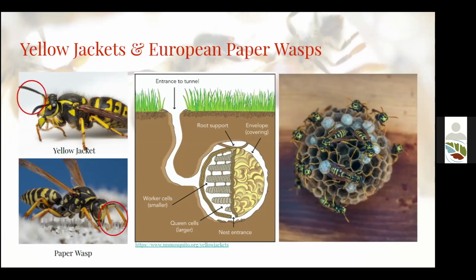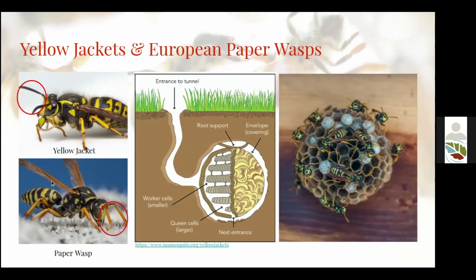If you were to use an opaque bowl or something that didn't have light come through it, they would dig another tunnel out and use that as their entrance. Apparently they're not smart enough to figure out that there's a barrier that's clear and to dig another entrance, but we can take advantage of that to suppress their populations when they become extra pesky.